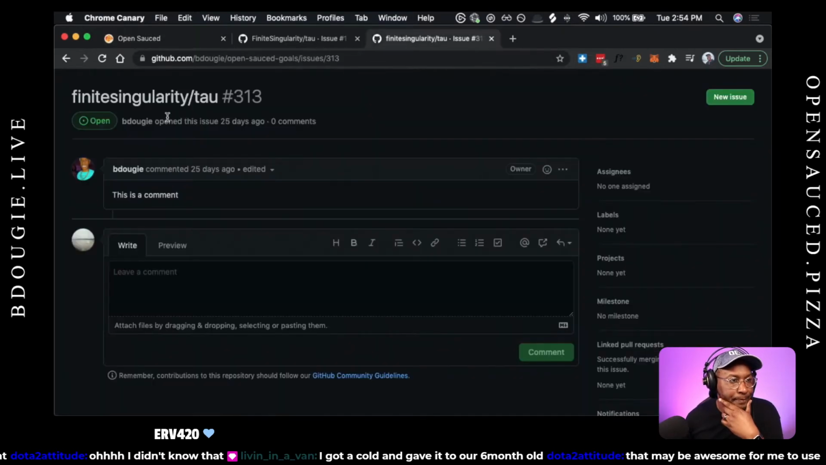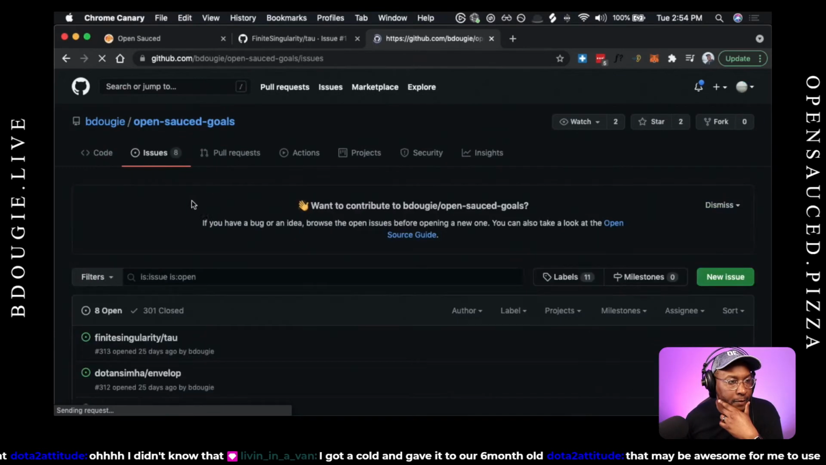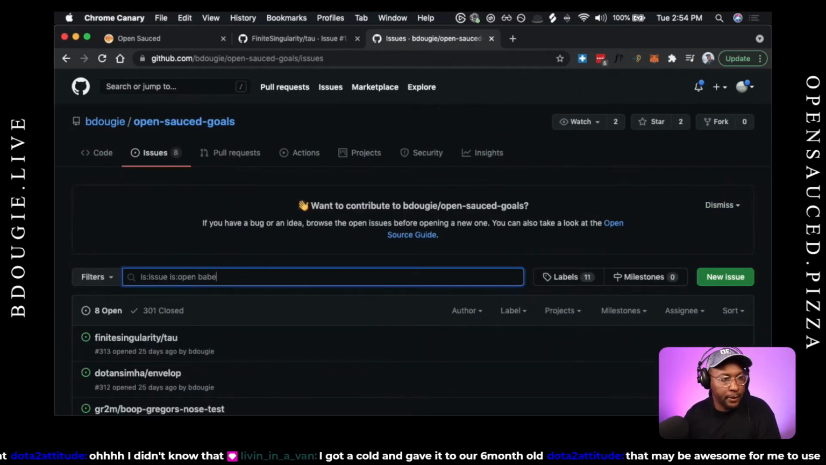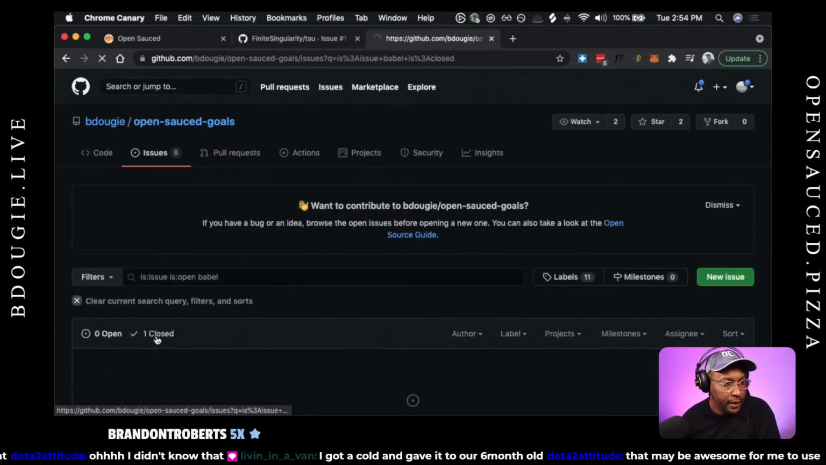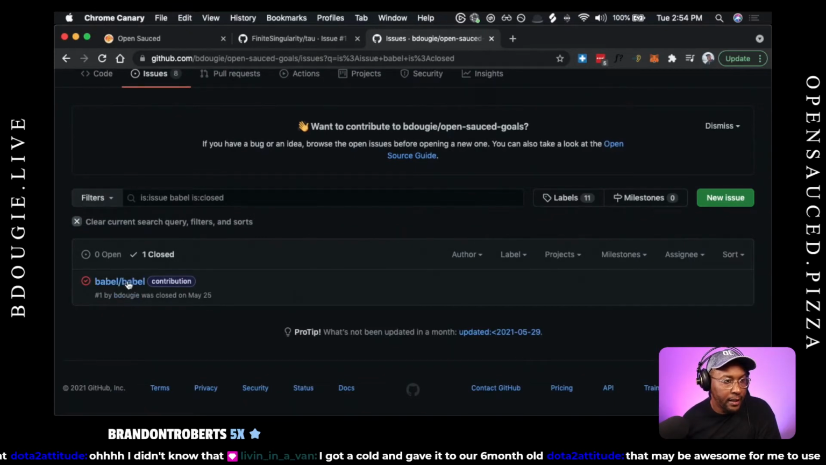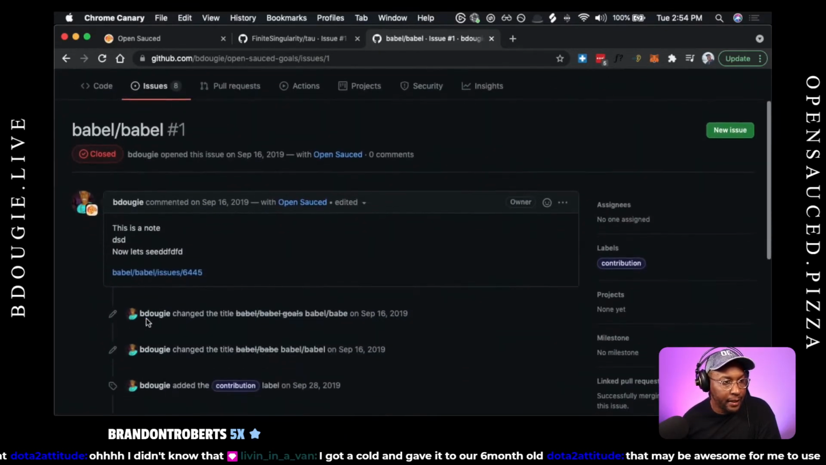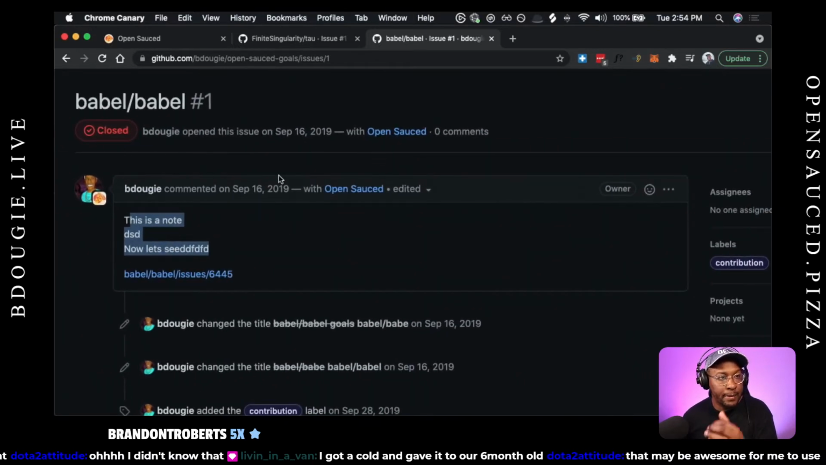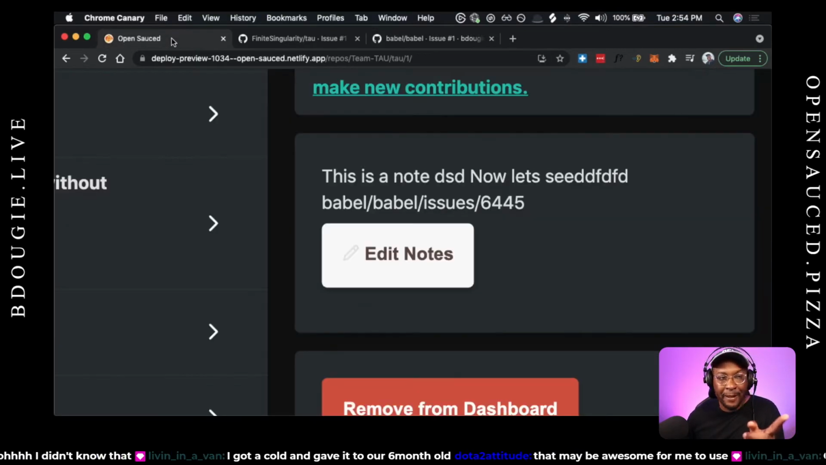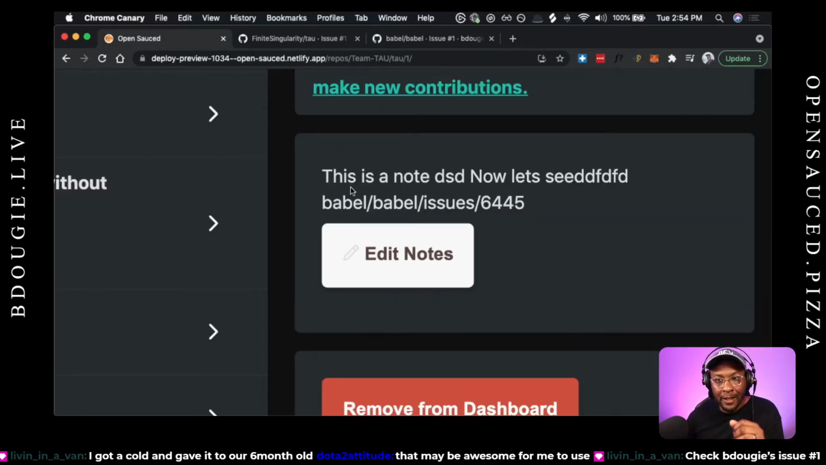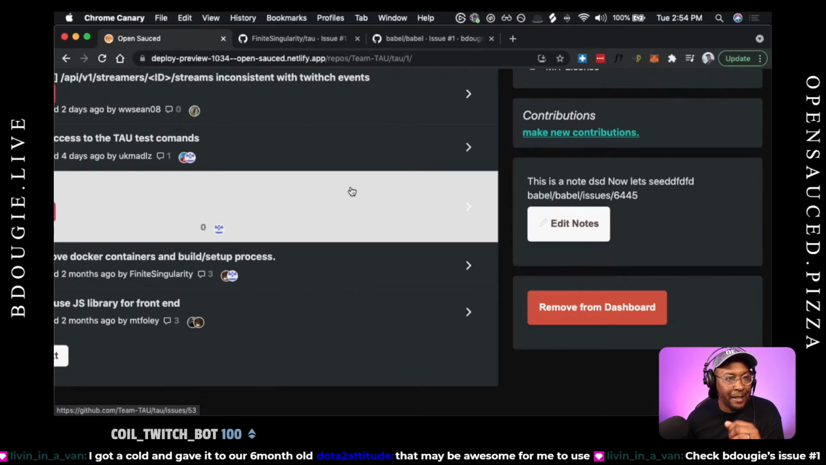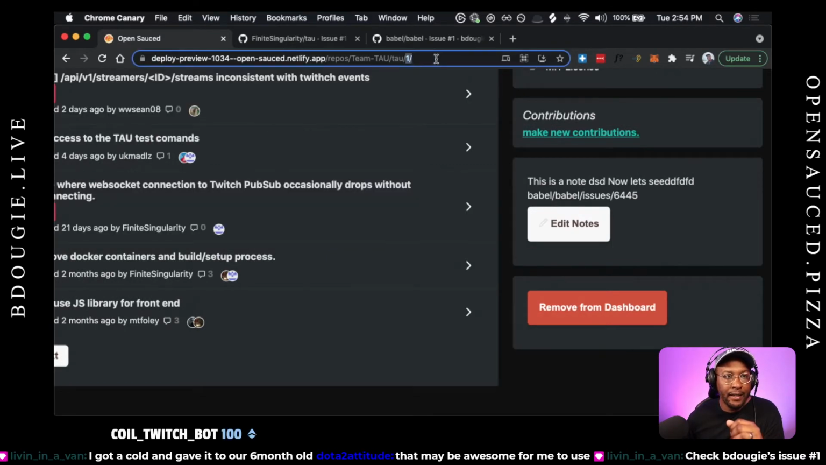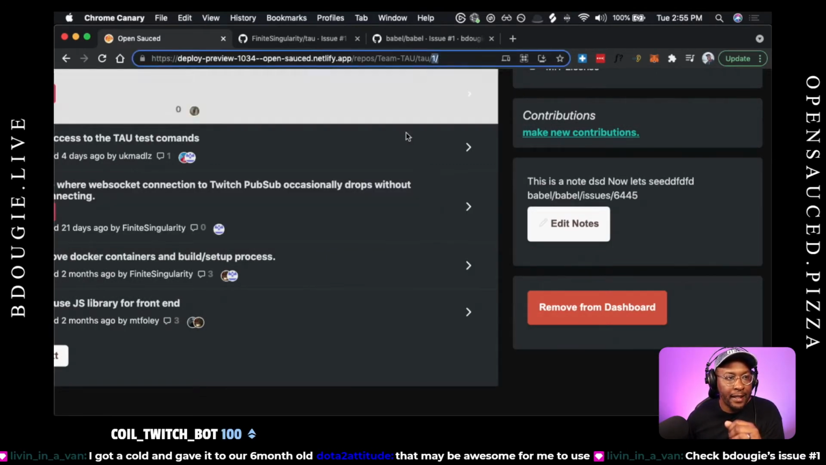It's actually showing Babel. And that's what's interesting about this. So let me real quick just look at Babel. I don't have any. It's actually grabbing this note DSD. So it's actually grabbing this issue. So it must be hard coded somewhere. I can go ahead and figure out and find this. But thanks for shouting this out, MT Foley. It's actually grabbing issue number 1 for B Dougie. So that number right there is grabbing my